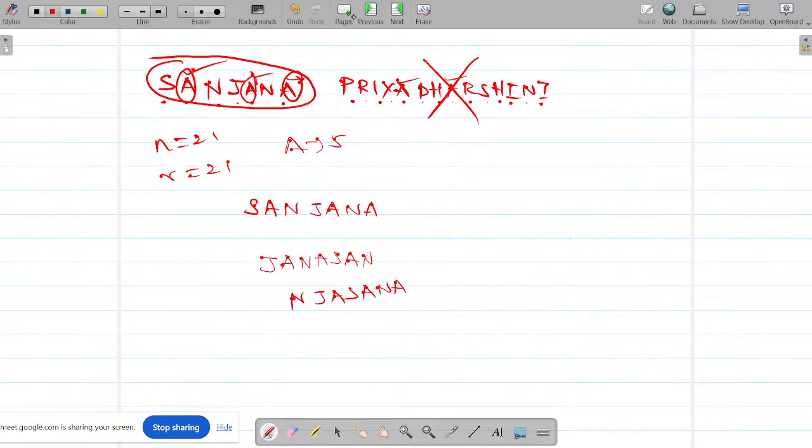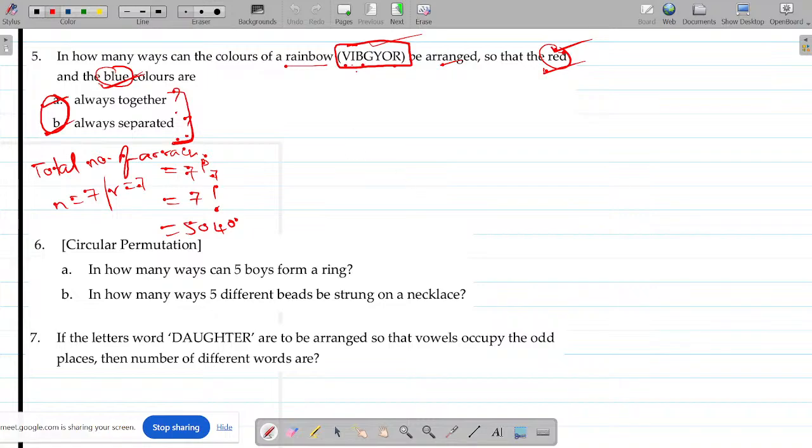This is what happens with this case also. When I talk about the color of the rainbow, VIBGYOR, in how many different ways can I arrange it? 5040 ways. But in the sky, you get only one option. What option? VIBGYOR. But if I try arranging, I'll get so many options. For example,